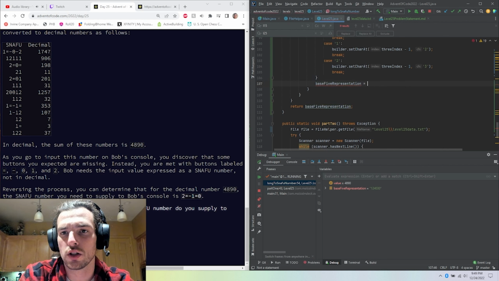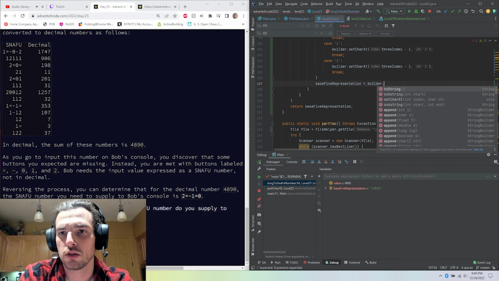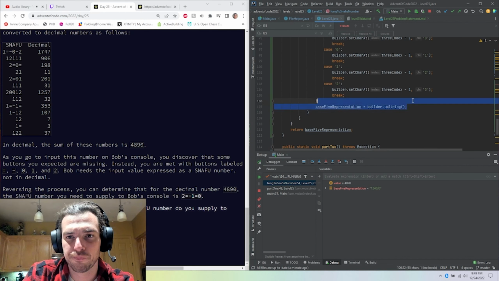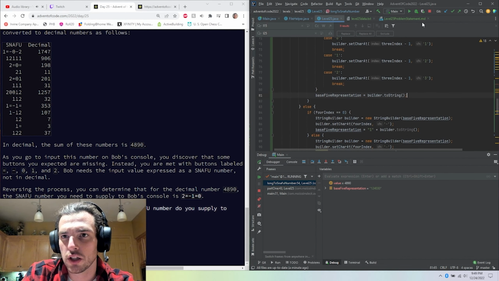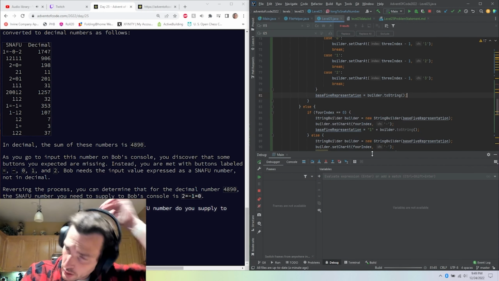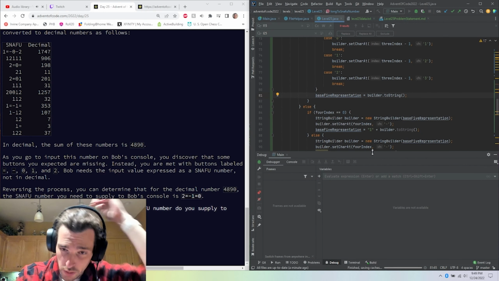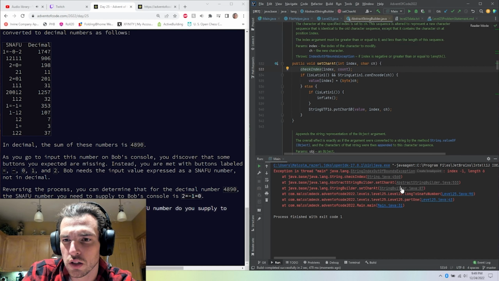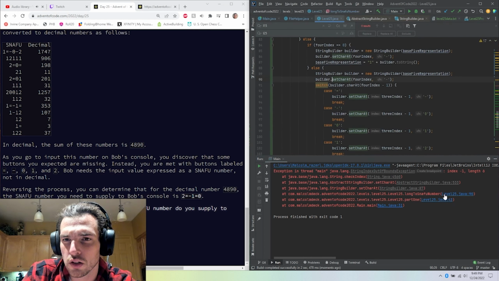Base size representation equals builder.toString. We need to do the same thing up there. Sample termination condition. Alright, rerun for me. Fun to see you working in part, but okay, string next bound, next minus 1, length 6. Okay, no, that's